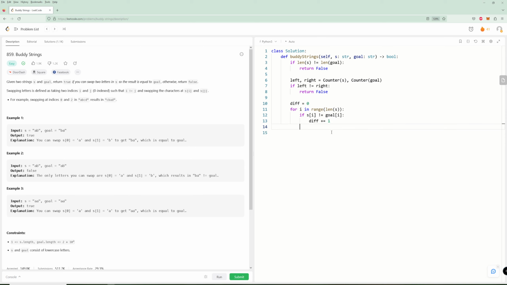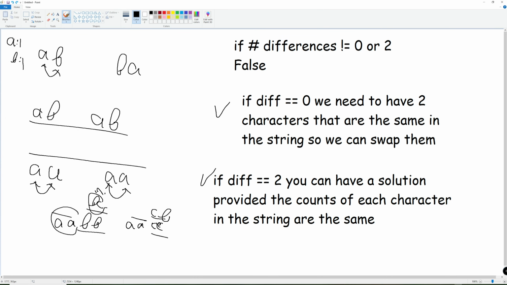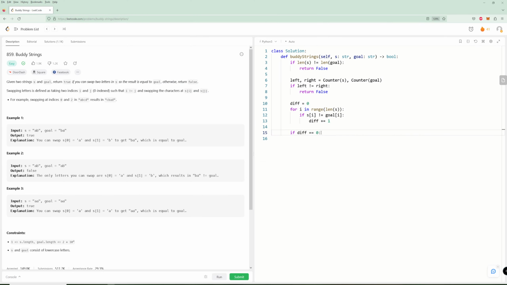Okay, so now we have some differences. Now remember our cases. So if diff is 0, what's our case for actually making sure it works? So let's take a look. We need to have 2 characters that are the same in the string so we can swap them. Pretty straightforward. All we're going to do is check this counter of the left character. We're just going to take the max value, and if that max value is at least 2, then we have a solution. So we can just say return true if